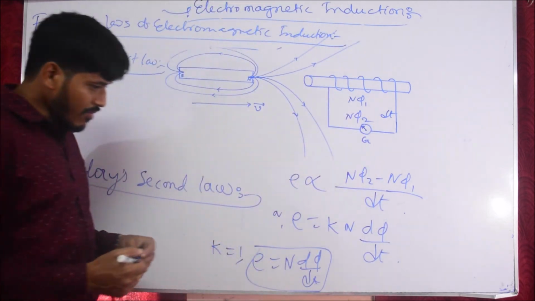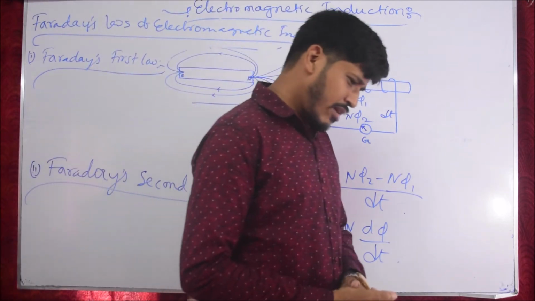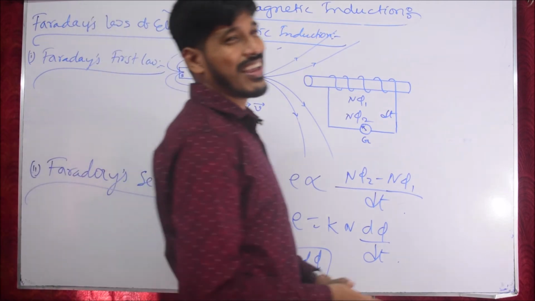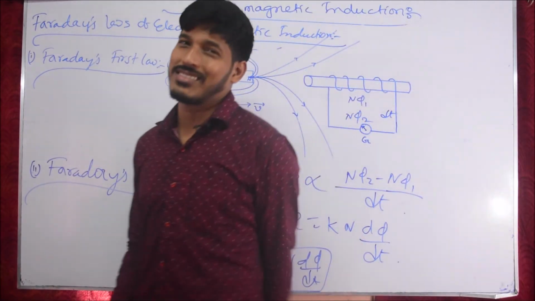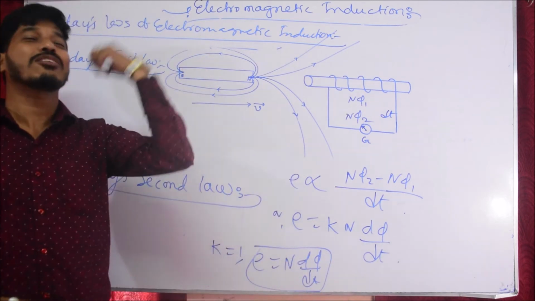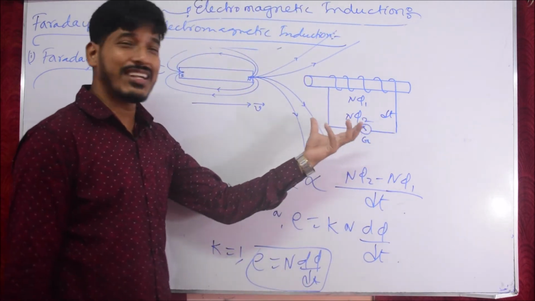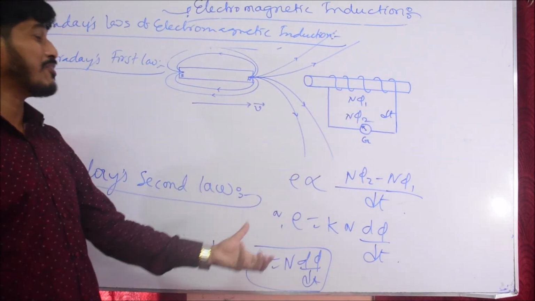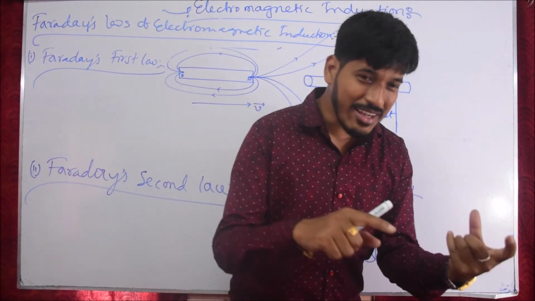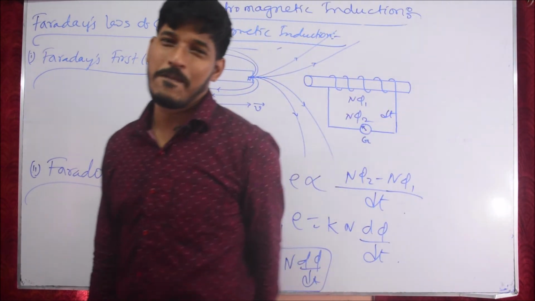So the direction, according to Lenz's law: the direction of induced EMF is in such a way that it opposes the cause. যে ওকে ক্রিয়েট করলো, ক্রিয়েট করার পরে ওই আবার কজকে অপোজ করছে। The direction of induced EMF is in such a way which opposes the cause. Try to understand. মানে যে ক্রিয়েট করলো, এই ক্রিয়েটরকে আবার ও অপোজ করছে।